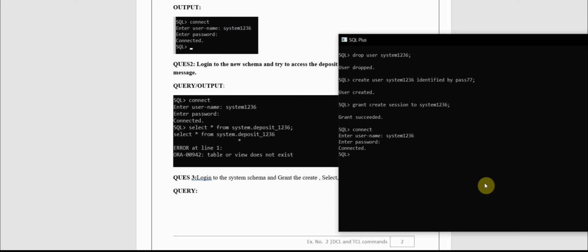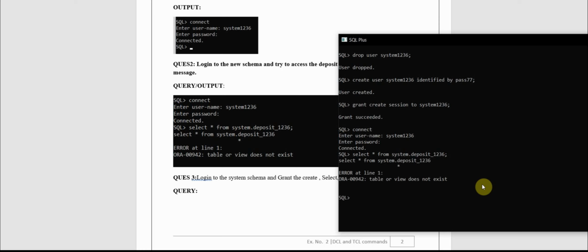For that we have a command called select star from system.deposit1236. My table name was deposit1236 in the previous video. Okay, now let us see.